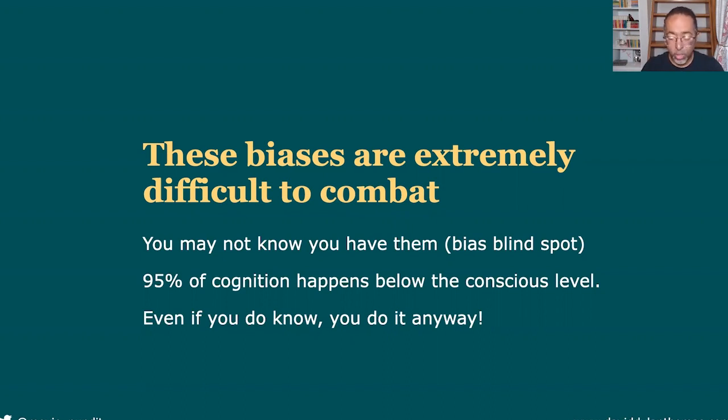So there's a bias called anchoring. The way it works is I could ask everybody on this call to write down the last 2 numbers of your phone number. And then I could say, we're going to bid on this bottle of wine. Those of you who wrote down lower numbers, probably going to bid lower. Those of you who wrote down higher numbers, probably going to bid higher. It's called anchoring. It's a thing. But here's the thing. I could tell you all of that before we begin the experiment, and you'd still do it. In fact, I could say, I will pay you cash money not to do that, and you'd still do it.